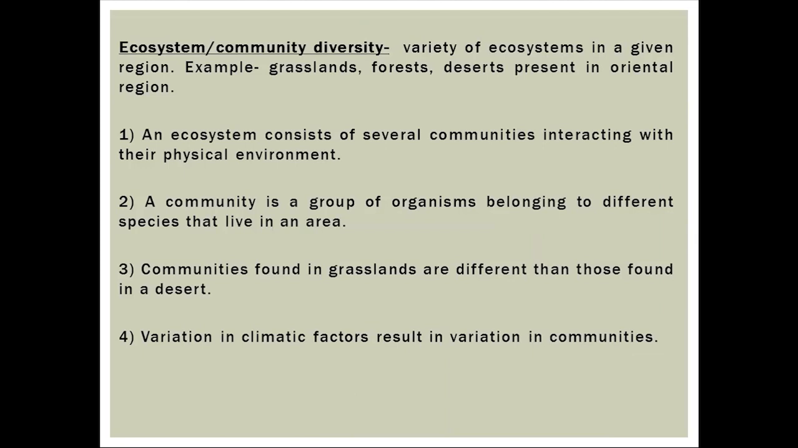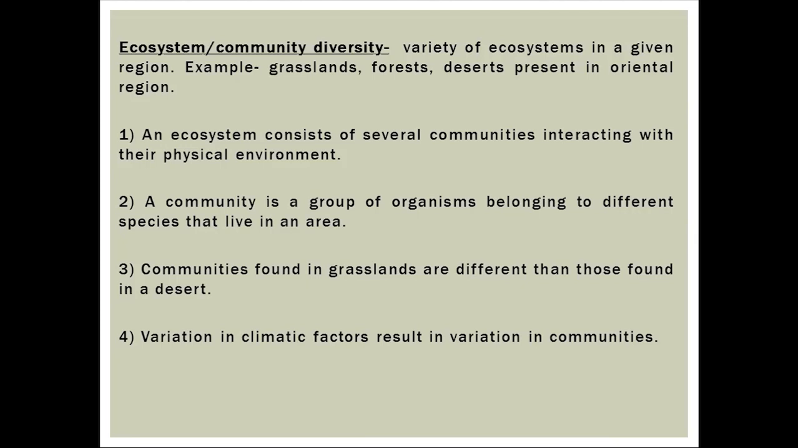Now let us consider the Oriental region. The Oriental region includes countries like India, the eastern part of Iran, southern China, and Southeast Asia. So these regions or countries fall in the Oriental region. Now, the Oriental region will have different types of ecosystems: grassland ecosystem will be present, forest ecosystem will be present, deserts are there. So all this variety of ecosystems that are present is known as